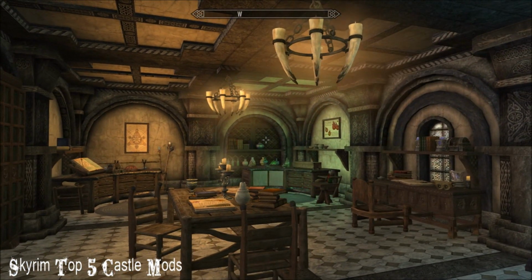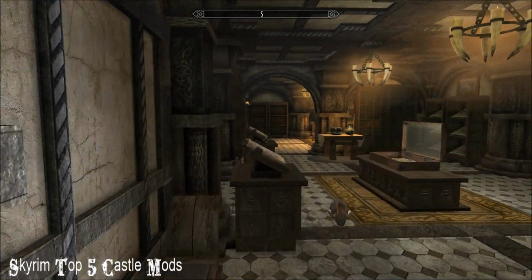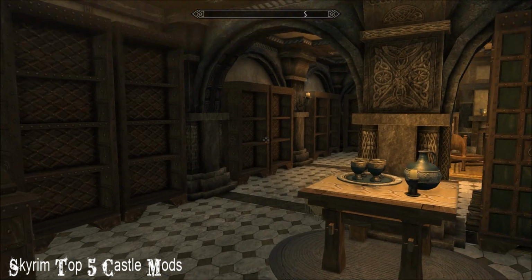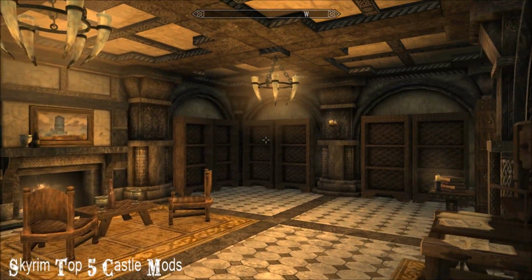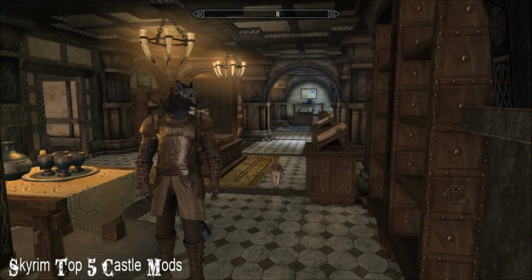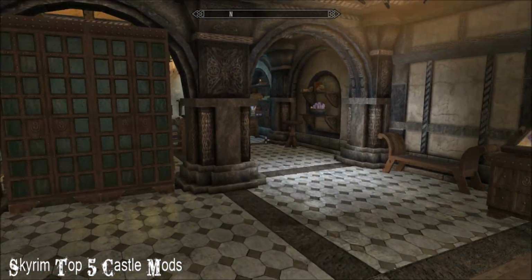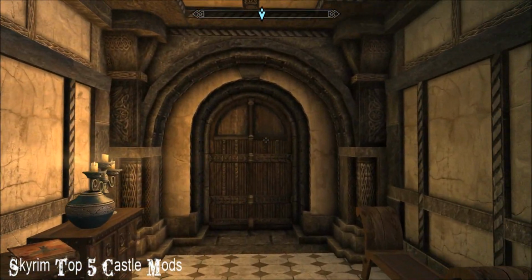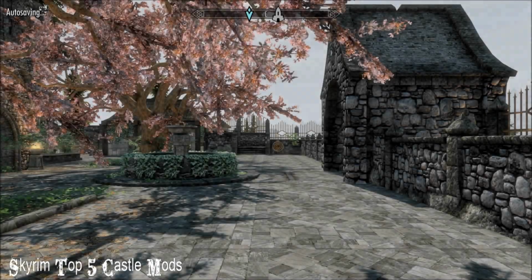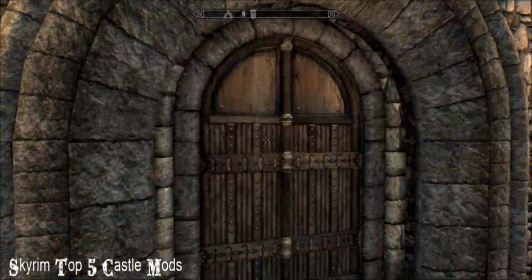I don't very often do top 5 mods because they're actually really difficult to think of, as in, so many mods have so many things going for them, it seems unfair to leave others out. So for example, this selection doesn't include anything with the word palace or citadel or keep in it. These are just the castles. If I expanded it,